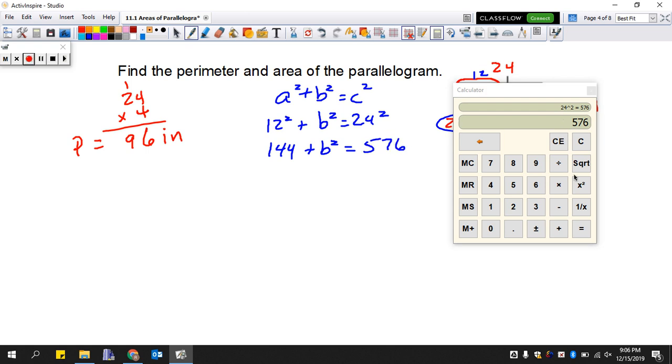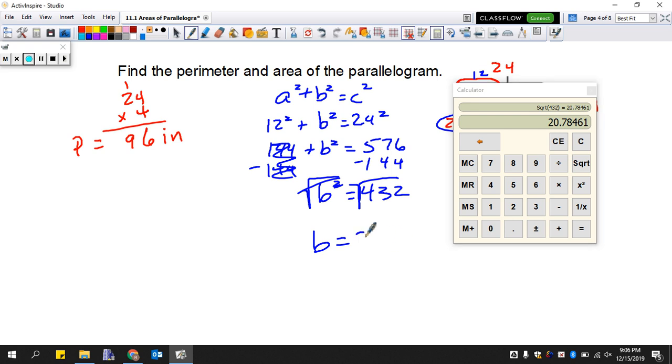We subtract 144 from 576, which gives us 432. So b squared is equal to 432. Take the square root of both sides, and we end up with b is equal to 20.78 or 20.8